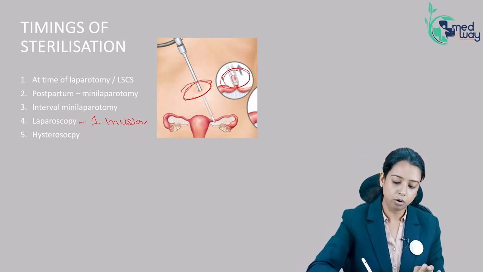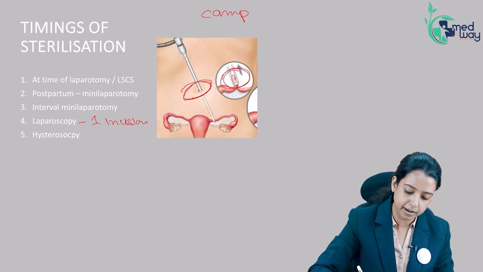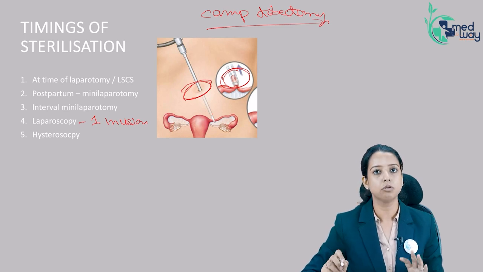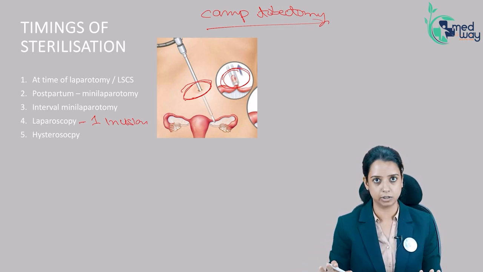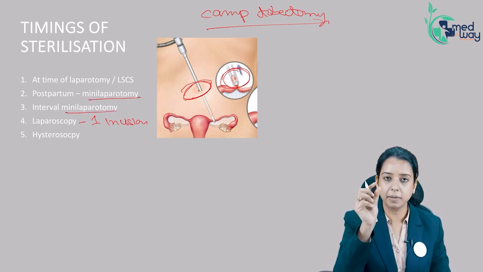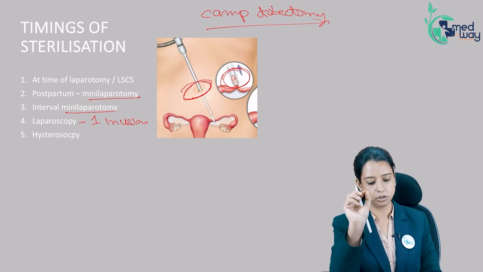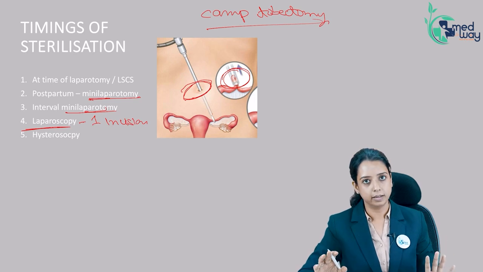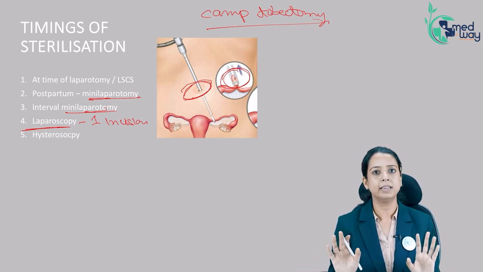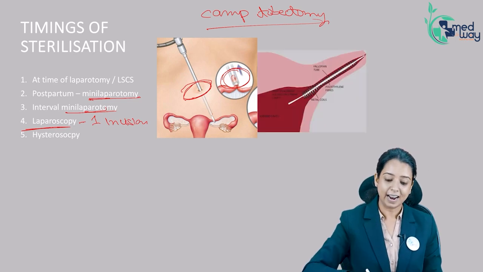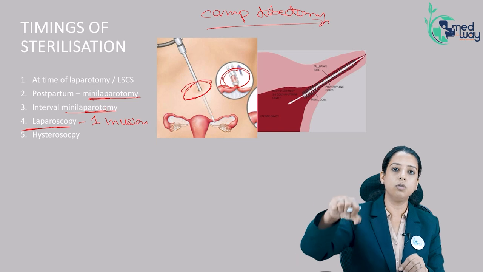Okay. And whenever tubectomy is happening in the camps, then this is the most common method used. Laparoscopic tubal sterilization is done under general anesthesia. Mini laparotomy, whenever the incision on the stomach is small, you can very well do it using local anesthesia. So laparoscopic sterilization and mini lap both can be done under local anesthesia by using normal sedation. Okay. Another method is hysteroscopy, where until now you were going from outside and holding the tube.